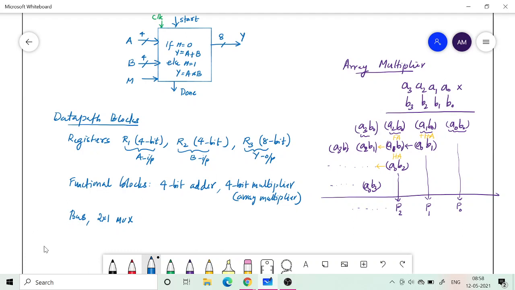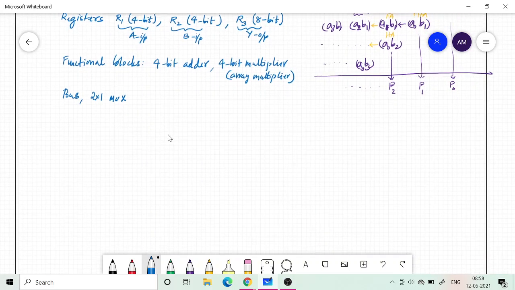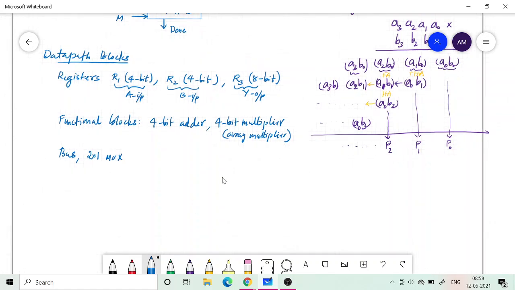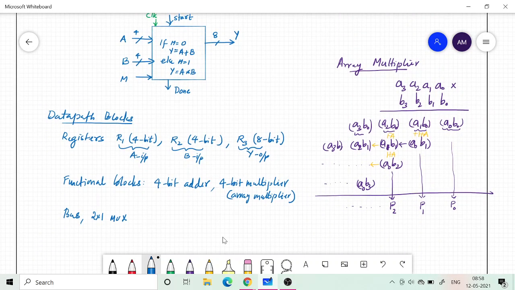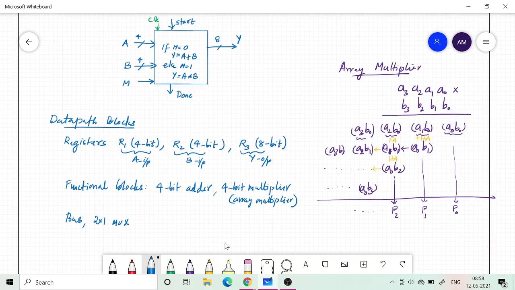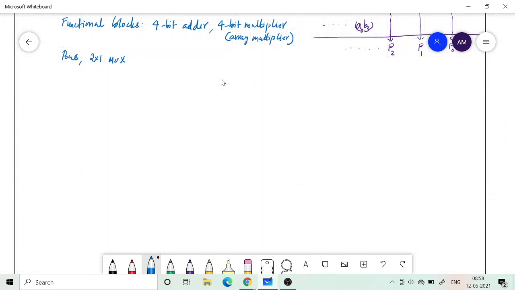So now we need to think about the algorithm. How will we put them together? What are the inputs? We have a start input, then the A, B inputs and the mode input. These are the inputs apart from the clock. So let's draw these registers.